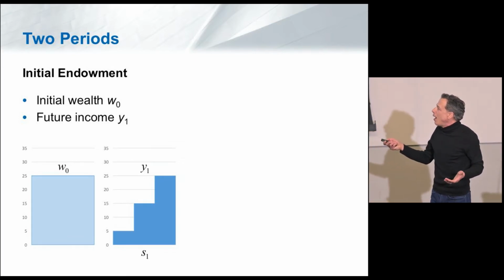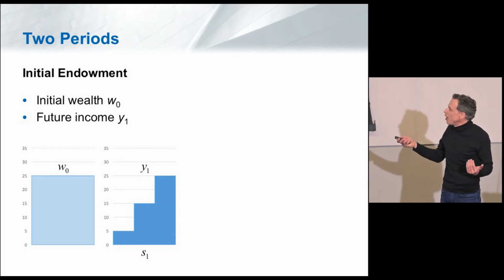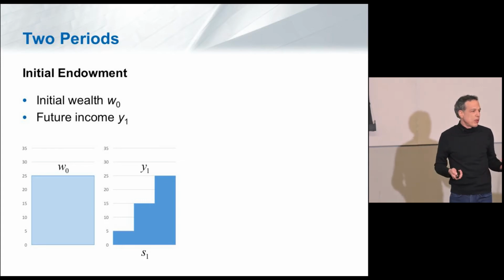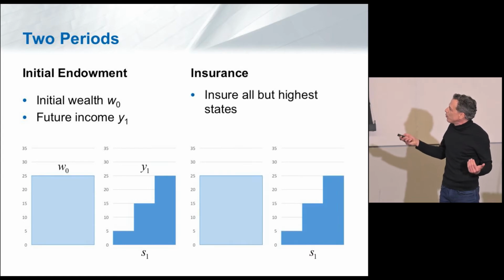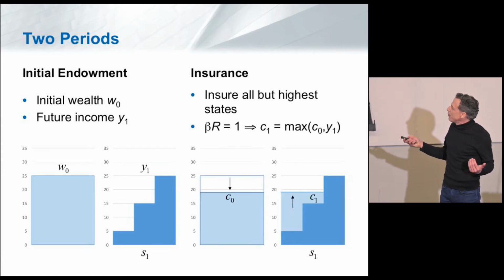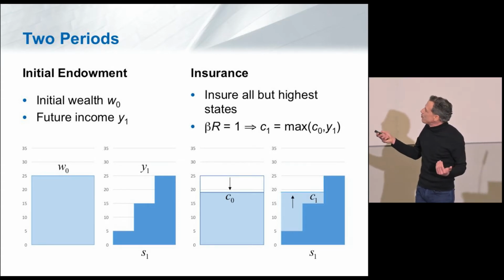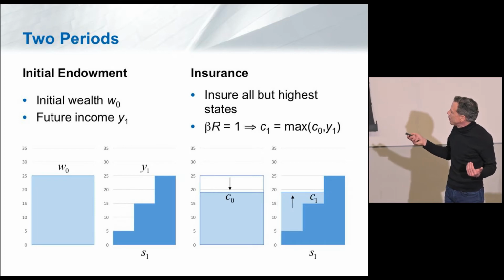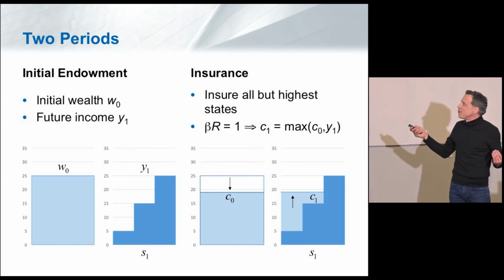What am I going to do? I'm going to basically contingently save and push some of this wealth, not consume everything for today, but smooth into tomorrow, right? And so what's going to happen is, we drain the water out of this pool and let it fill the other pool until we've smoothed consumption as much as we can, right? And so consumption tomorrow is going to be the max of consumption today and my income,